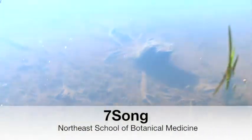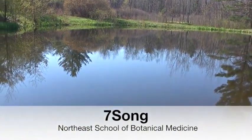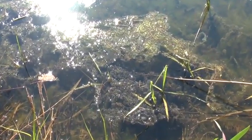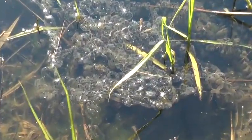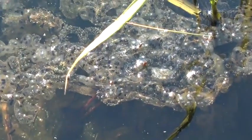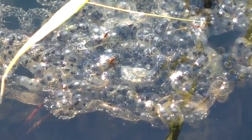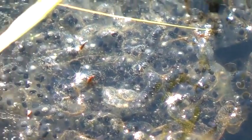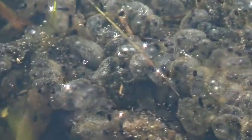One of my focuses, one might say obsessions, this year, this is spring of 2011, has been amphibians, like usual. But this year I've been really watching the eggs. I've been watching the amphibians mate, I've been watching the amphibians lay the eggs, and now I'm watching the eggs go through their stages of development. And so these right here